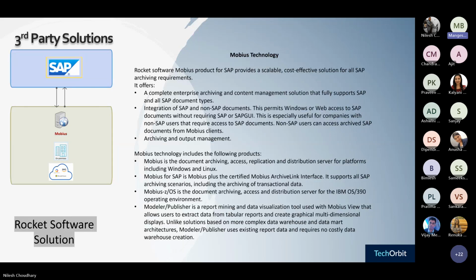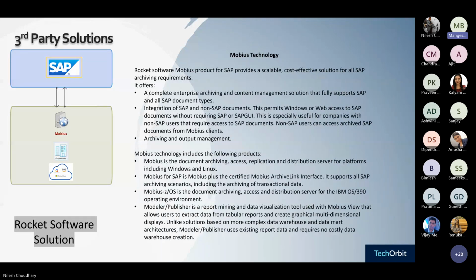And being an enterprise content management solution, it supports and provides the option to choose Rocket Software Mobius as a storage option for your SAP data or document archiving. Pretty much it gives you all the similar advantages which any third-party solution is going to provide you. But one of the good salient features of Rocket Software Mobius is something which I have listed in the last